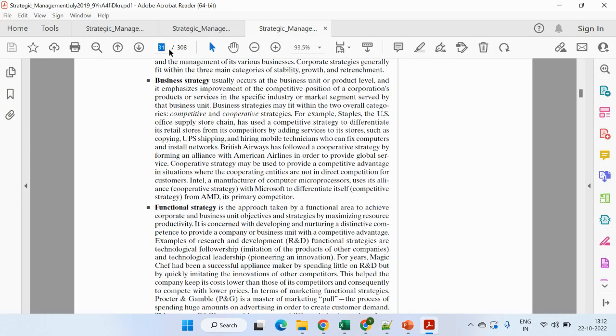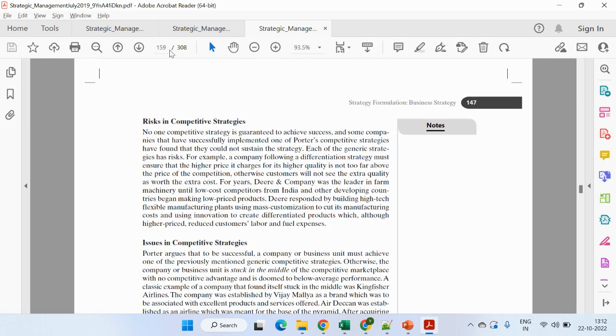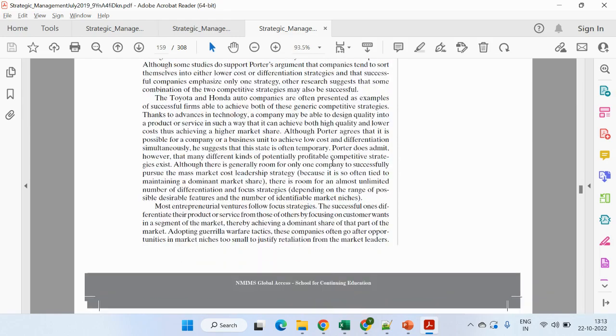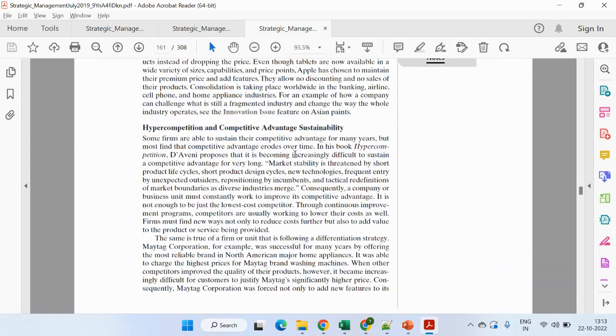So going to the page number 149. Here we need to talk about the two new innovative things which you can implement so that you can have a competitive advantage in bringing back, because see, you are not the only theater chain, there are many more, and definitely everyone is looking for bringing back, come up with more profits and make their customers happy. So you need to think over how you can bring some competitive advantage in comparison to your other competitors. On page number 149, it's mentioned hyper competition and competitive advantage sustainability, how you can sustain the competitive advantage.